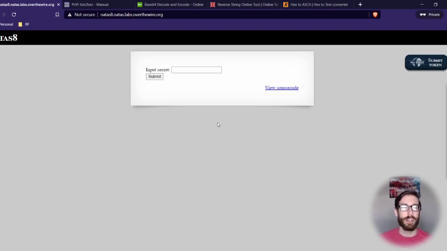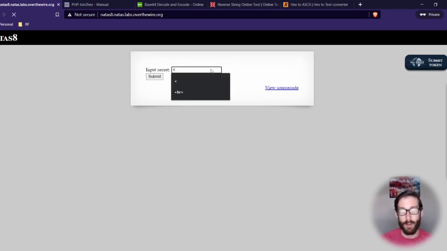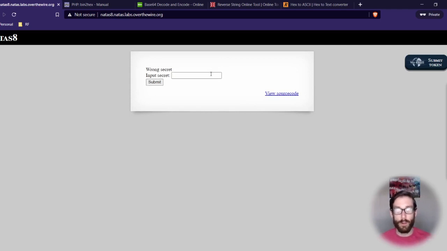Natas 8 is slightly different. We have a few different things here, and we don't necessarily even have to inspect the page. We can just play around and see what's here, and you can see a lot of the random stuff I was putting in. A few of the things that are auto-completing here: I wanted to see if there was any way to include brackets to do some sort of XSS attack, where it takes that specific symbol in and isn't doing any sort of sanitization on this side.